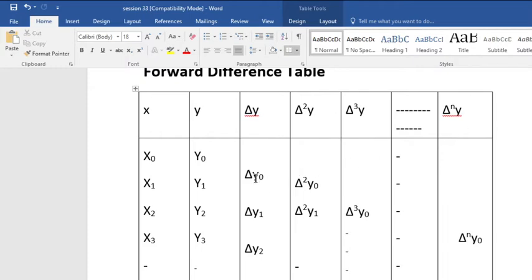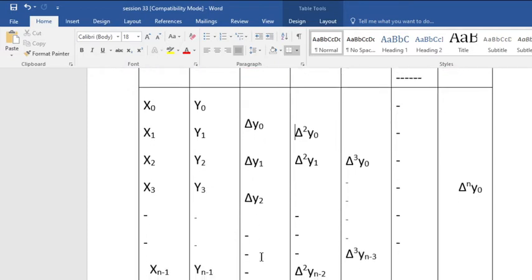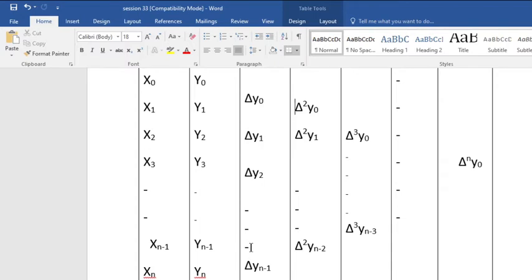The first forward difference of y naught is nothing but the difference of y1 and y naught. The first forward difference of y1 is the difference of y2 and y1, and the first forward difference of y2 is the difference of y3 and y2. Similarly, the other differences are calculated, and the nth forward difference of yn minus 1 is equal to yn minus